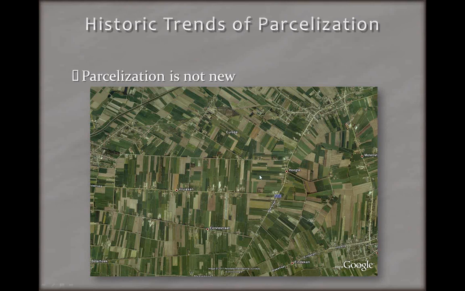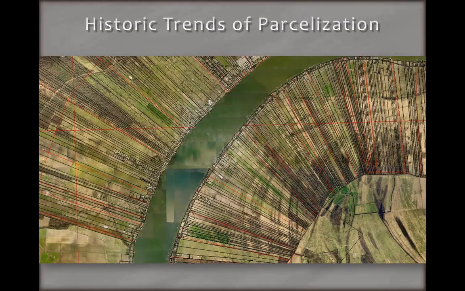This is the French long lot system here that you see. And this pattern you also see in the United States as well, because the French were some of the earliest settlers in the United States. This slide here, I took a screenshot of a county's data in Louisiana. This is an oxbow lake along the Mississippi. Again, this is the French long lot system pattern here. And this shows centuries, 200 years of land division in the United States.